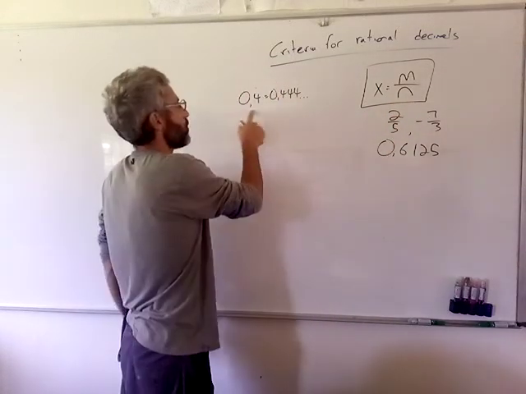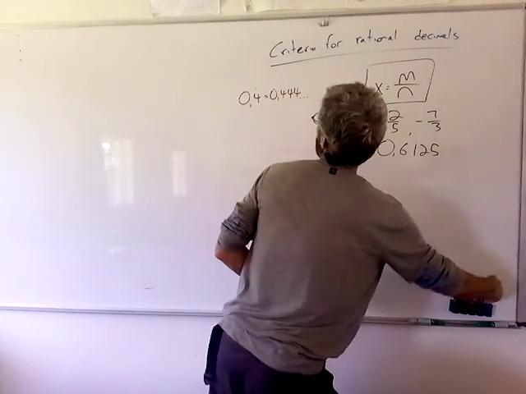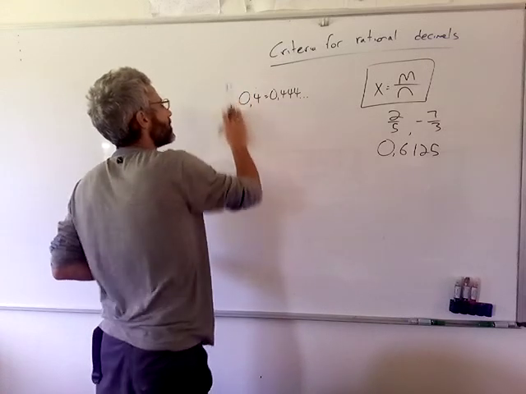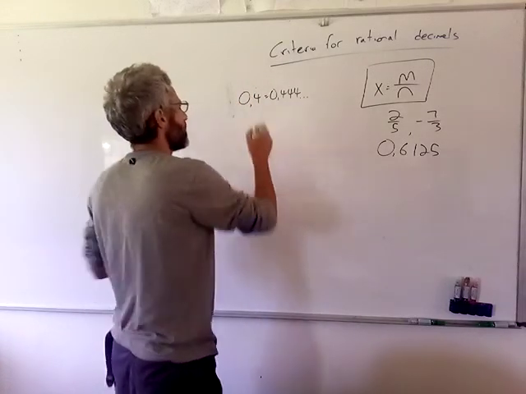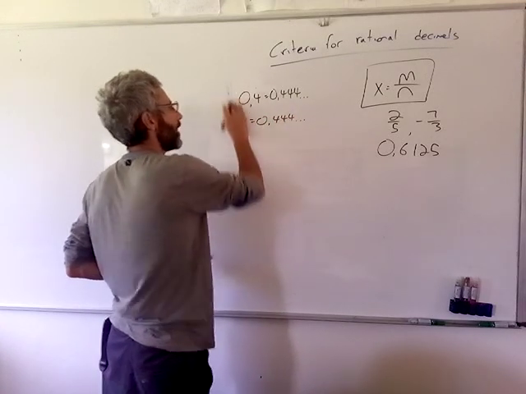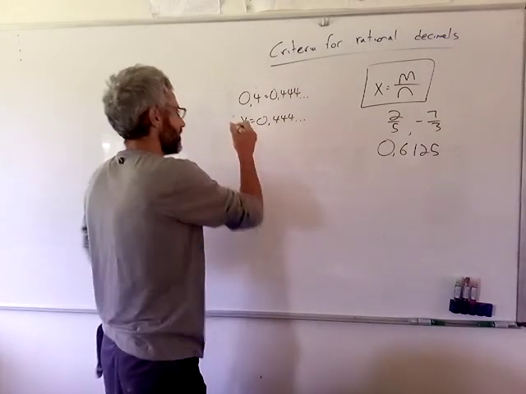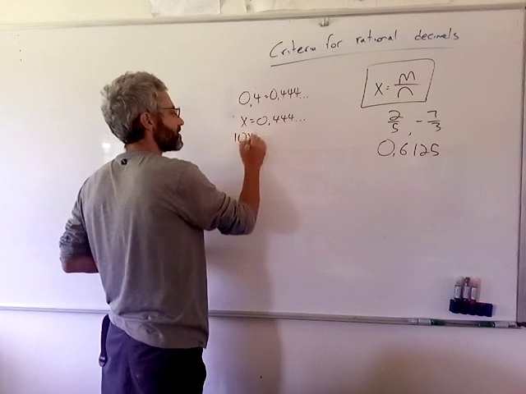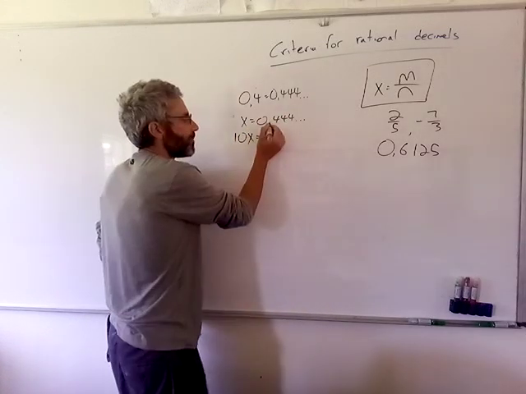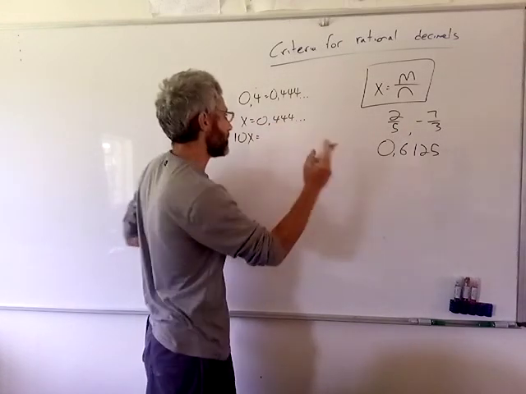How do we do it? 0.4, you know that the dot means it's recurring. First of all, we're going to write down x equals 0.444. Now we're going to multiply both sides by 10. If I multiply the left side by 10, I will get 10x. If I multiply the right-hand side by 10, what happens if I multiply a decimal by 10? I just move the decimal place 1 to the right. So it's going to be